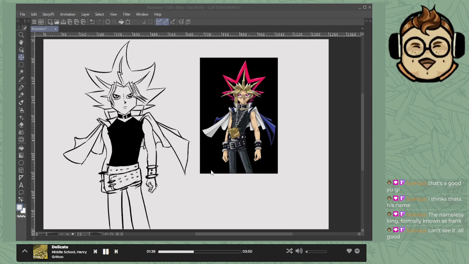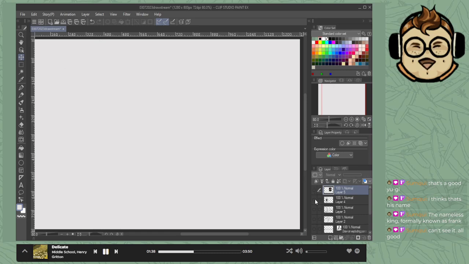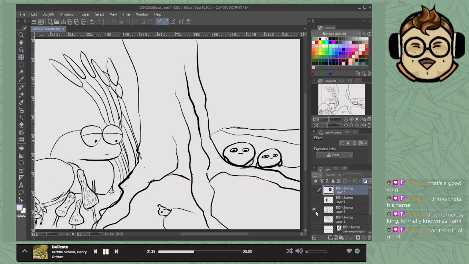What is today? Today is March 7th. So 03/07/2023 draw stream. That's what we'll name this file. And it's got a Yugi, and let's see. I don't know if Wraith is still here, but Wraith, here's some frogs that I drew and a little snapping turtle.